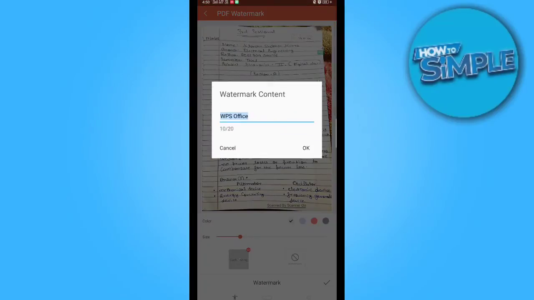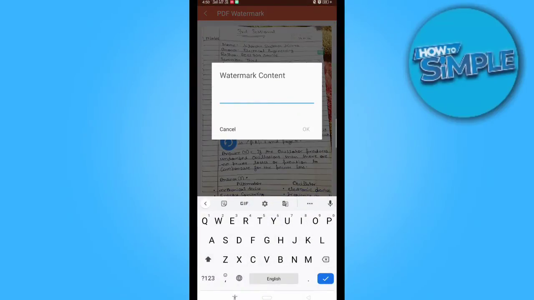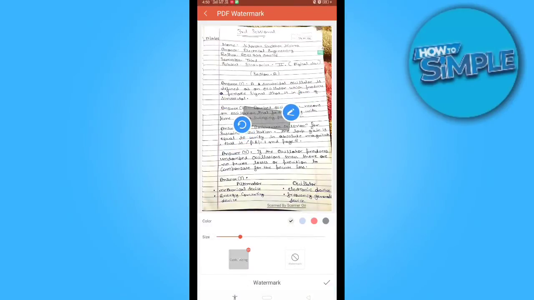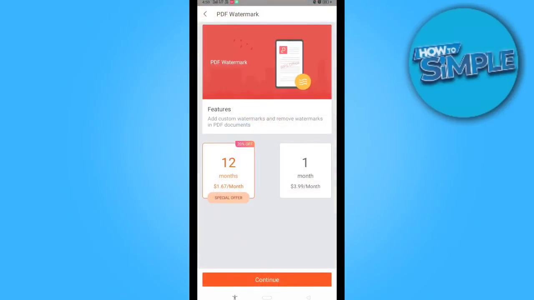and you can edit your watermark also. Like if I type ABCD in the watermark, you can see the watermark is visible here. Also you can change the colors of the watermark from here and just save it. You just have to click this, and this is paid software and you can do the same from other free